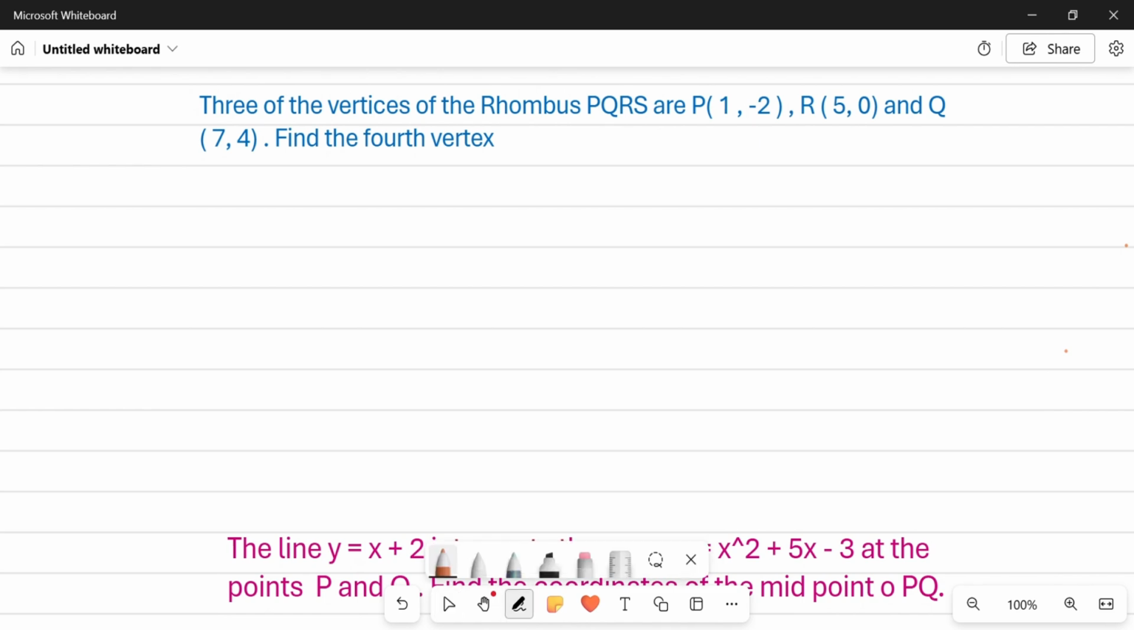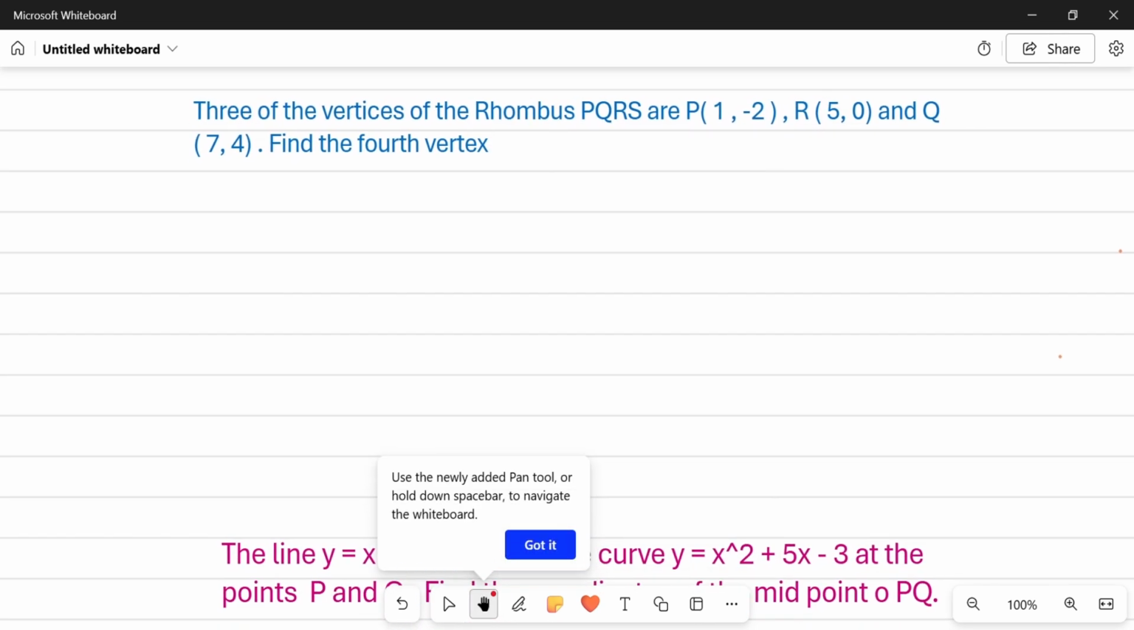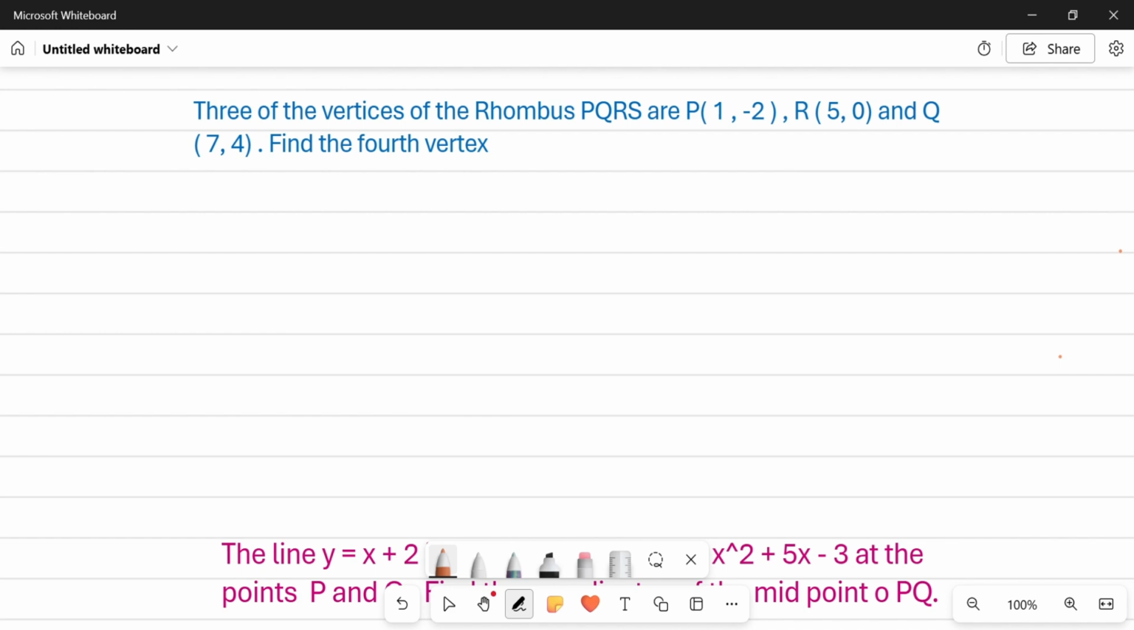Okay, so the question says the three vertices of the rhombus PQRS are P is -1, -2, R is 5 comma 0, and Q is 7 comma 4. Find the fourth vertex. That we need to find out the fourth vertex, right? The coordinates of the fourth one. Let's draw the